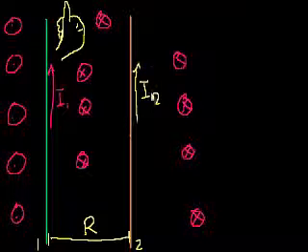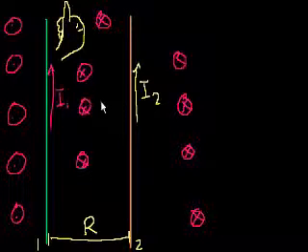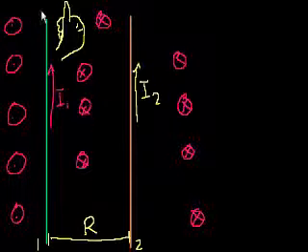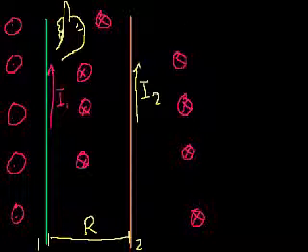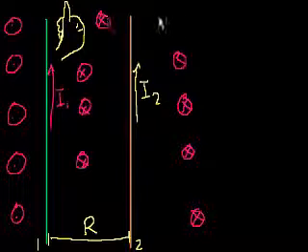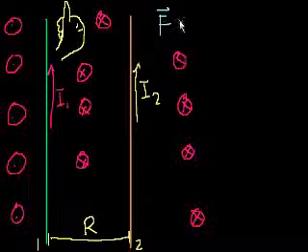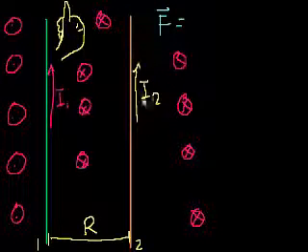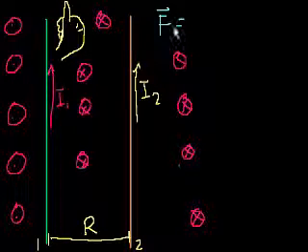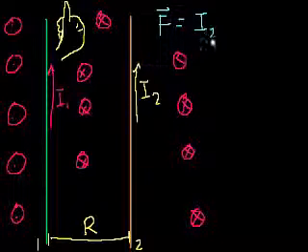So what was our formula? This all came from the first formula we learned about the effect of a magnetic field on a moving charge. But what was the formula for the net magnetic force on a current carrying wire? Well, I'll do it in blue. The force, it's a vector, has a magnitude and direction, is equal to the current. In this case, we want to know the force on current 2, caused by magnetic field 1. So it will be equal to I2, the magnitude of this current,